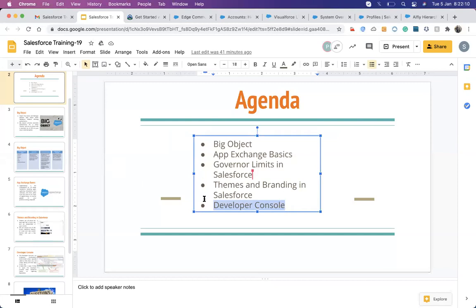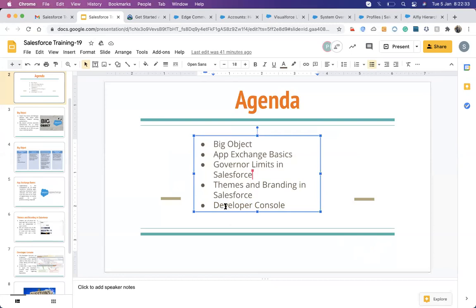Okay, now we are going to start some developer basics. Then we will move to the developers. So for the developer, we have a console on which the developer will do the coding and all those things and check their logs and everything. Means we talk about everything about the developer.